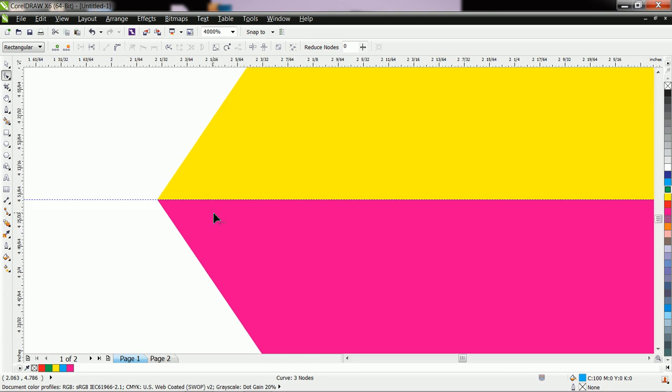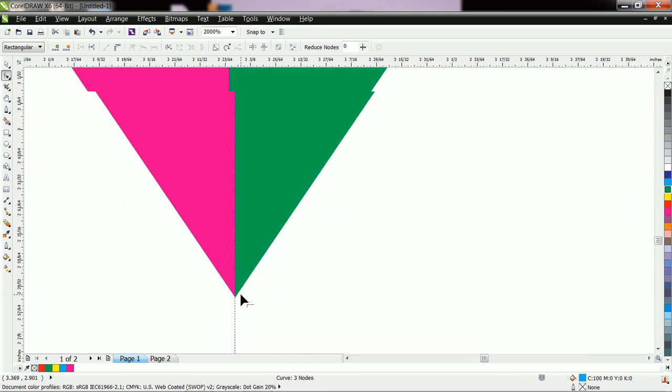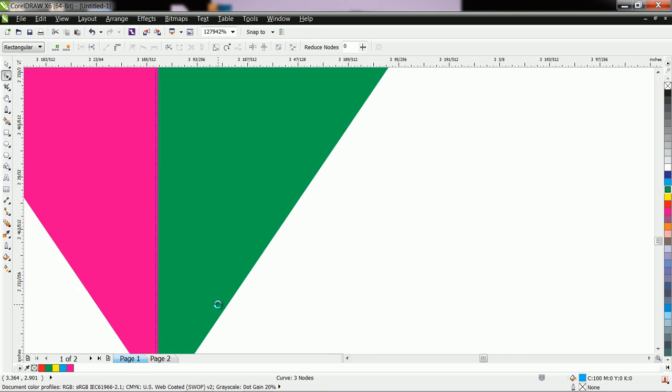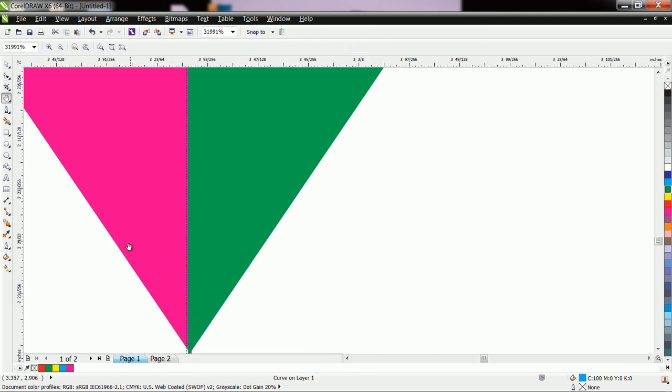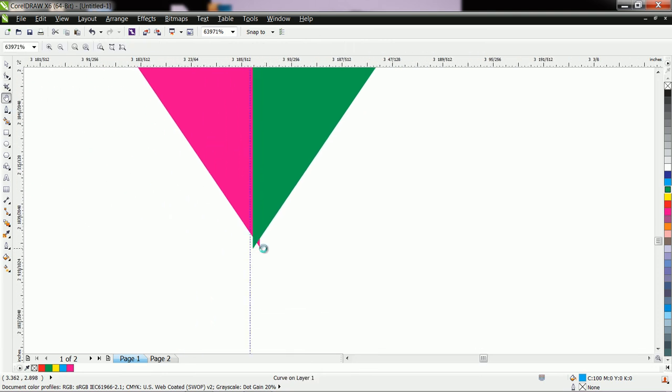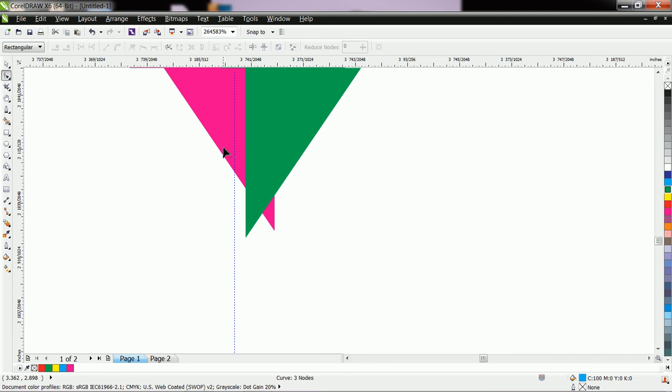Now here also you can use the shape tool.